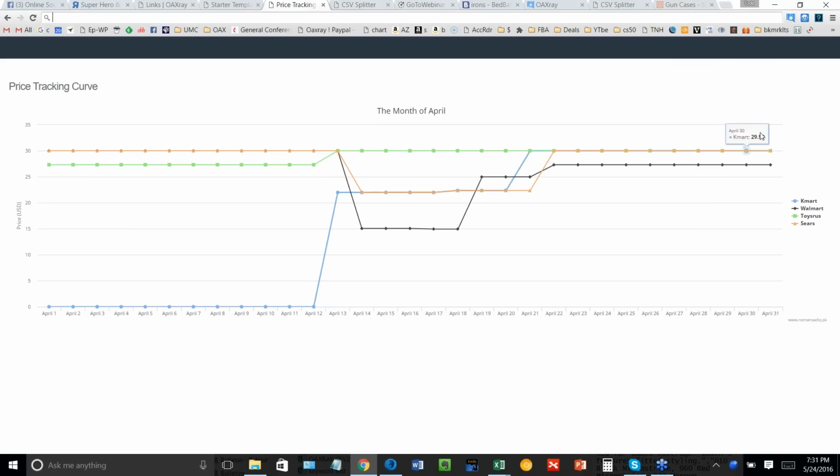So this is something that I don't think is too far away from being released in some initial form. Basically, it's kind of like Keepa or Camel, except it's all of our supported sites. You'll put the ASIN in for any given product, and it will show you the price history. We started keeping track at the beginning of April of this year, so we've got April and almost May now logged in our history, and you'll be able to see a price history of the source stores,